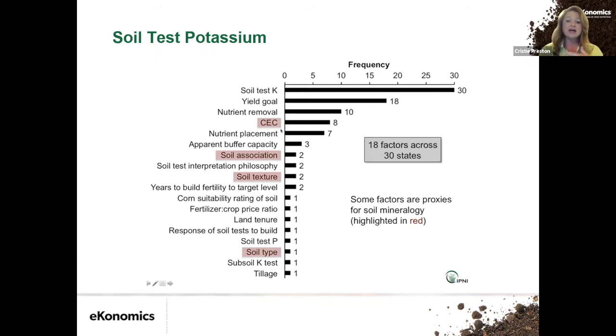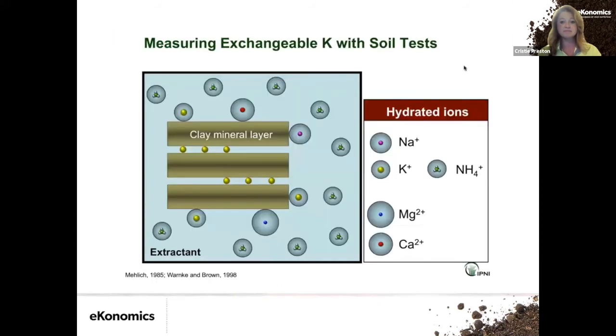But again, soil mineralogy can affect soil test potassium, and that can potentially affect how a farmer will manage their nutrients. So when we're measuring exchangeable potassium, we're really trying to